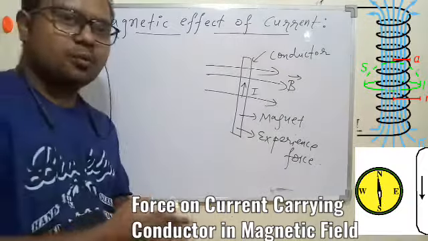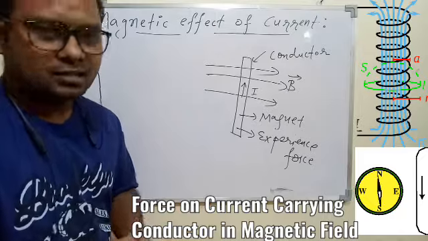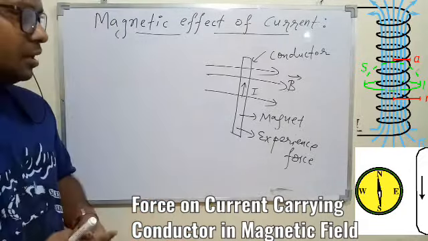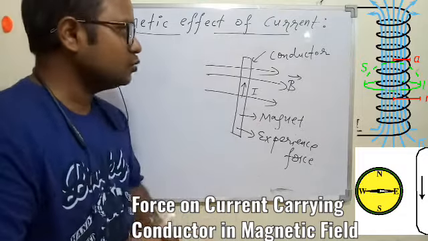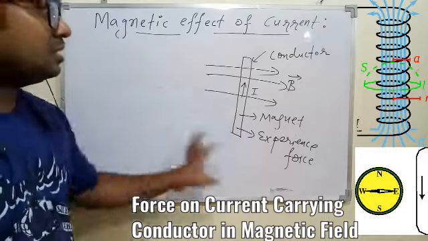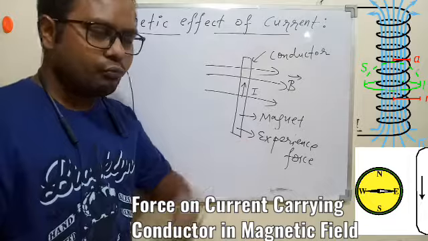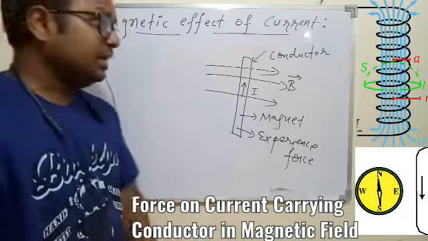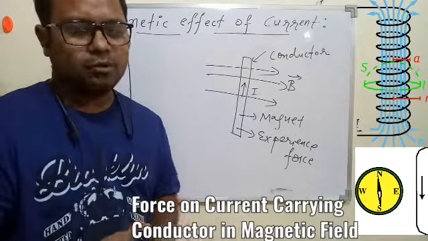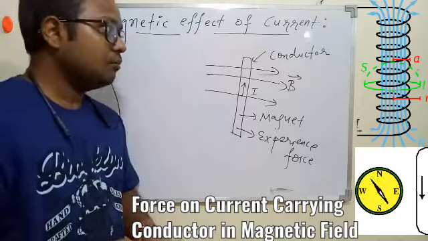So in the previous topic we understood a charge which is in motion behaves as a magnet, and it starts getting force in an external magnetic field. Same thing is happening here. We have the conductor and the current is flowing through it, so this conductor itself is behaving as a magnet, and once it is placed within some external magnetic field or nearby some magnet, this conductor will start getting a force, and that is what we are going to discuss now. Again, for this we don't have any derivation, but we'll have a formula which will help you understand the entire concept, and this will help you understand the concept of electric motor.